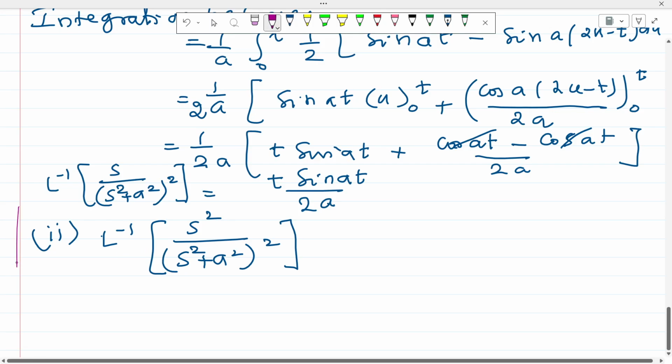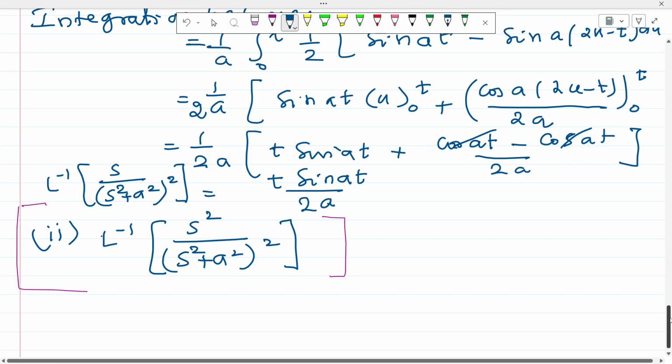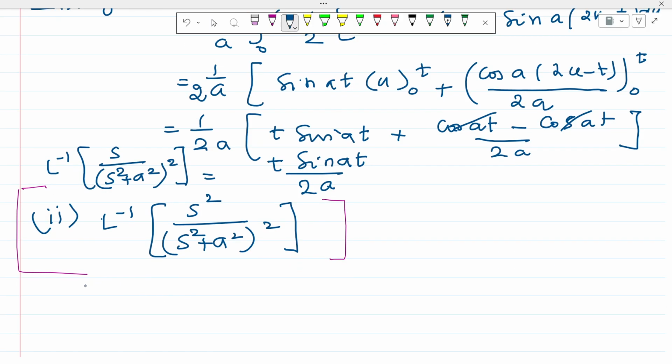This one. It is problem number 2. Actually, problem number 3 is there. One more. Fine. For L inverse of s square divided by s square plus a square whole square, then